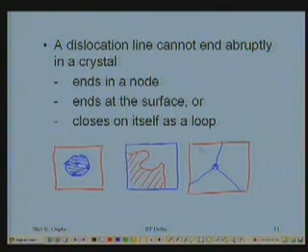So this is relatively slipped with respect to that, while this is relatively slipped with respect to the other two. So the slipped part and the unslipped regions of the crystal are very well defined. Then only do I get the boundary, and that's the dislocation line.